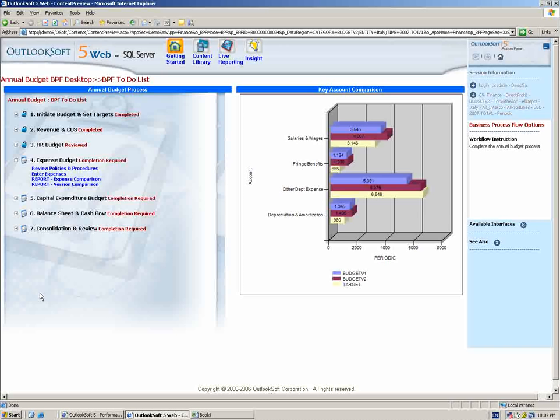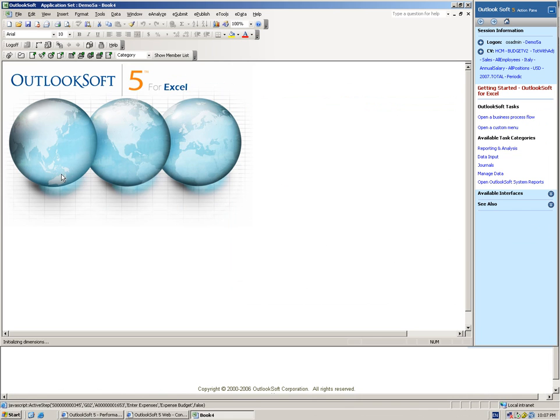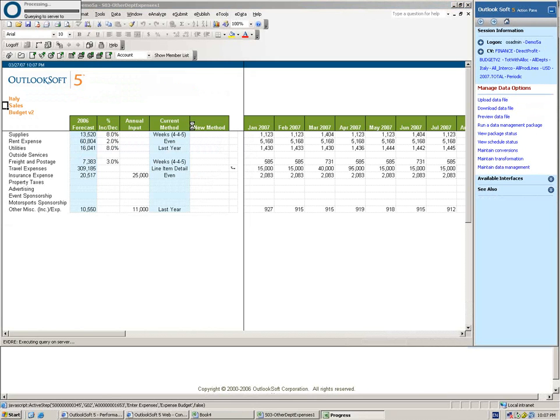So the next step we need to look at now is the expense budget. And again, we have the ability as a user in any one of these to review the policies and procedures. We're just going to jump right into the expense section. This is going to open the appropriate schedule for us in Outlook Software Excel, which in our case happens to